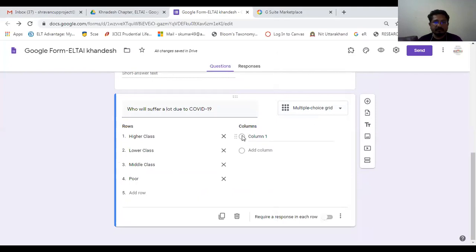So column 1 will be not affected. Not affected, highly affected.